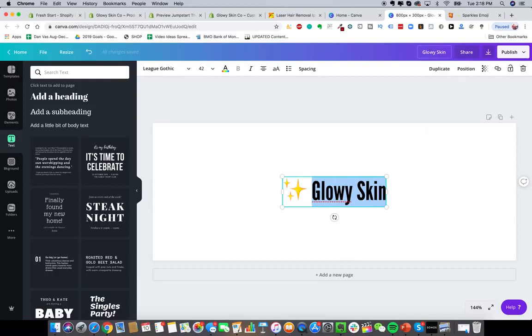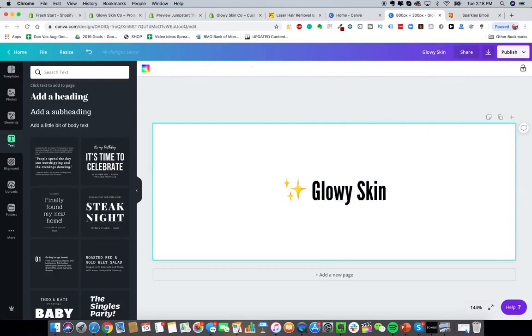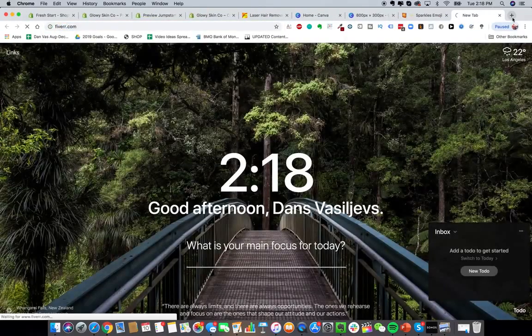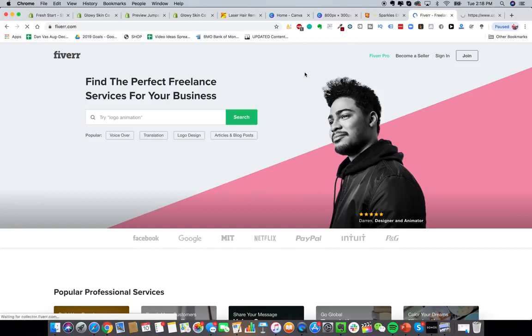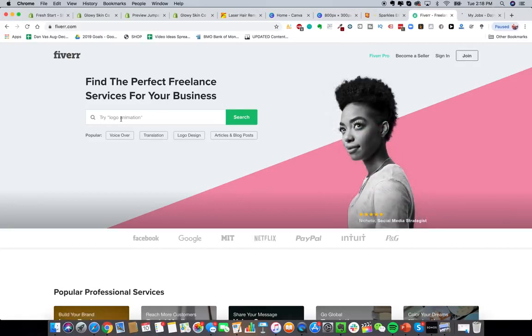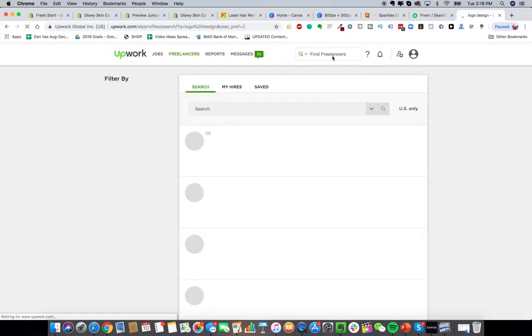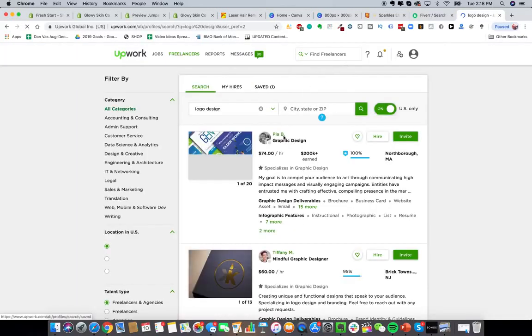Also, if you don't know how to design a logo, or if this isn't working for you, then I recommend going on either Fiverr.com or Upwork.com. Upwork is going to be more expensive, but these two are the best freelancing websites online. Here you can find amazing graphic designers. You can see here, just type in logo. Same thing here. You just type in logo design at the top here on Upwork.com,